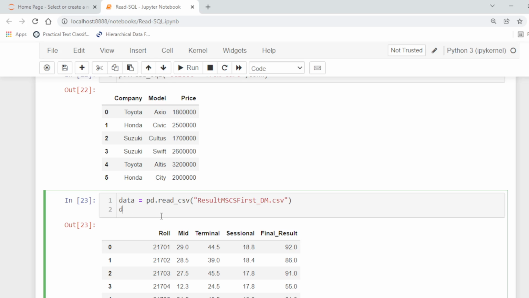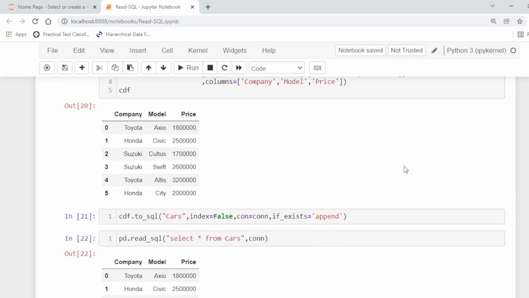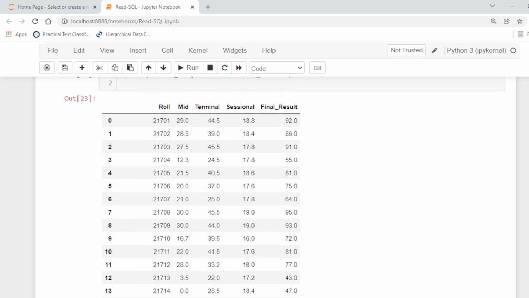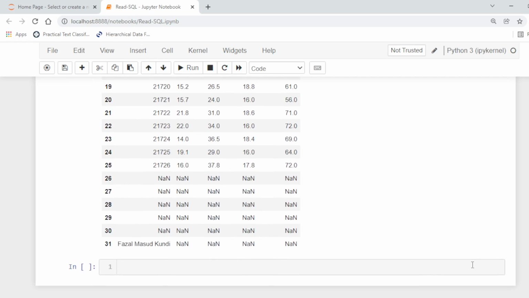If we want to write this to the database, we can easily use ToSQL to write this CSV file data into the database.